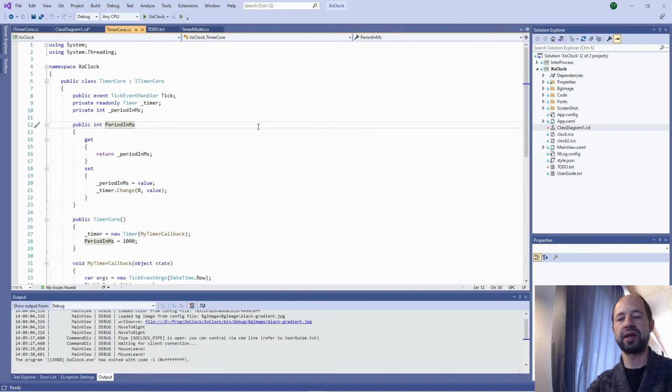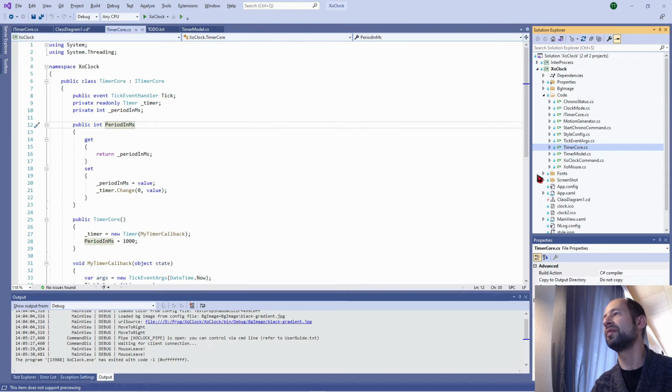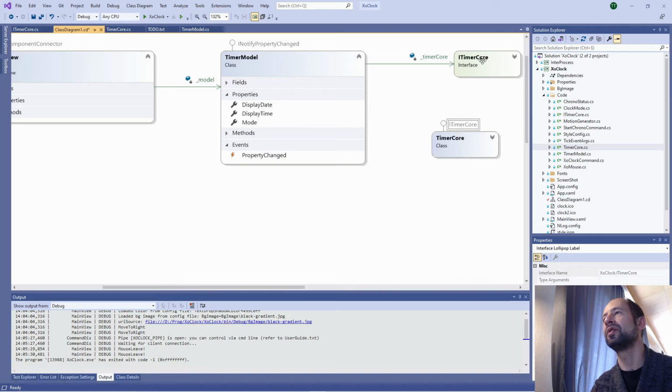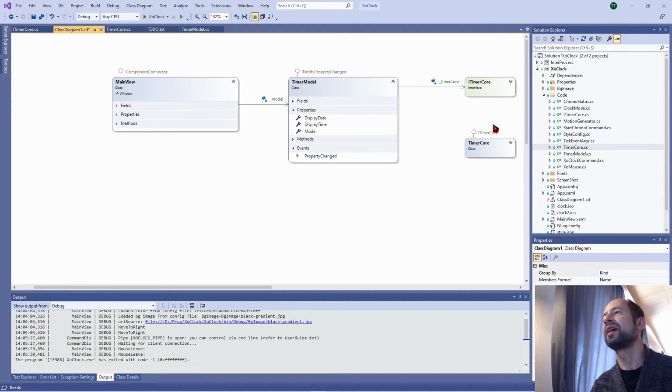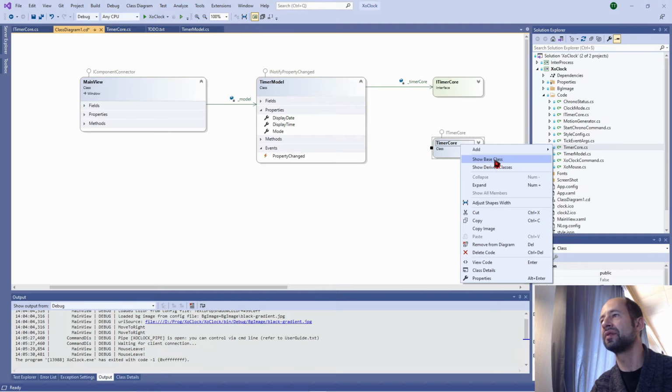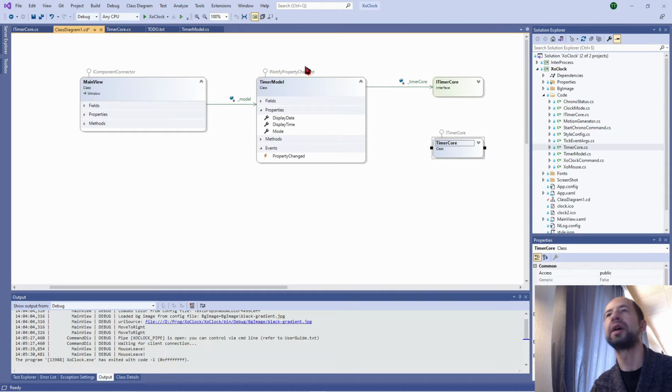But if I go here, eTimer core, I'm going to add it on the class diagram, drag and drop here, and so we see that the eTimer core is implemented by the timer core, which is there. So the class diagram of Microsoft is not perfect. I would prefer to have a direct line here to here, but that's like this. Okay.